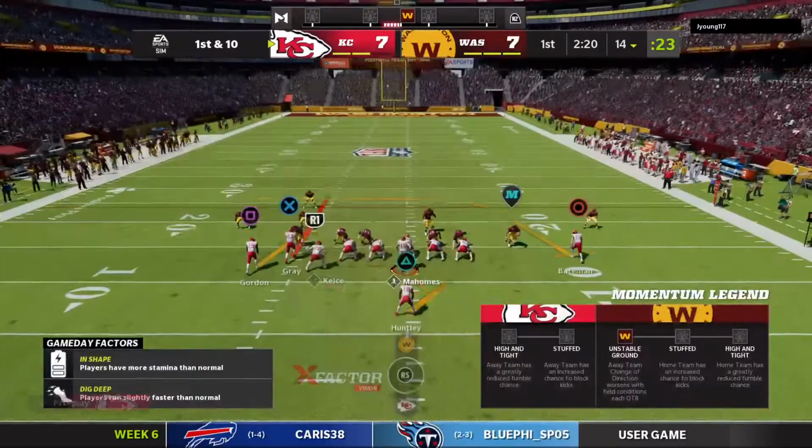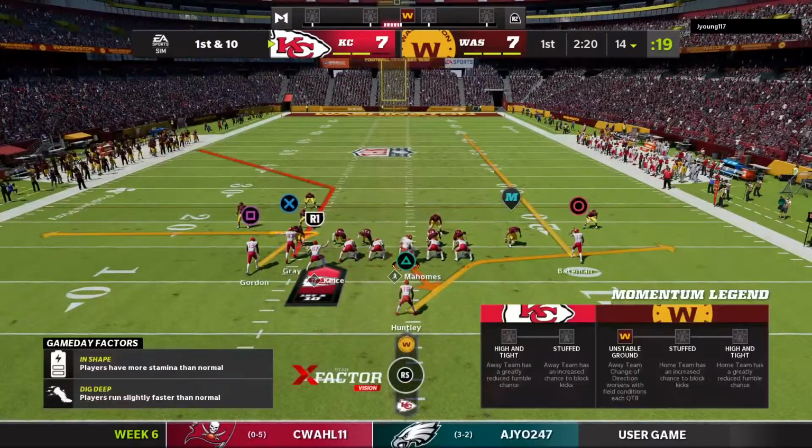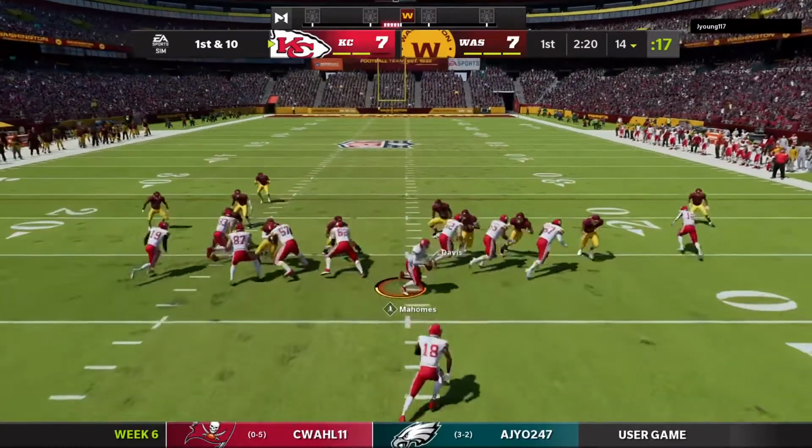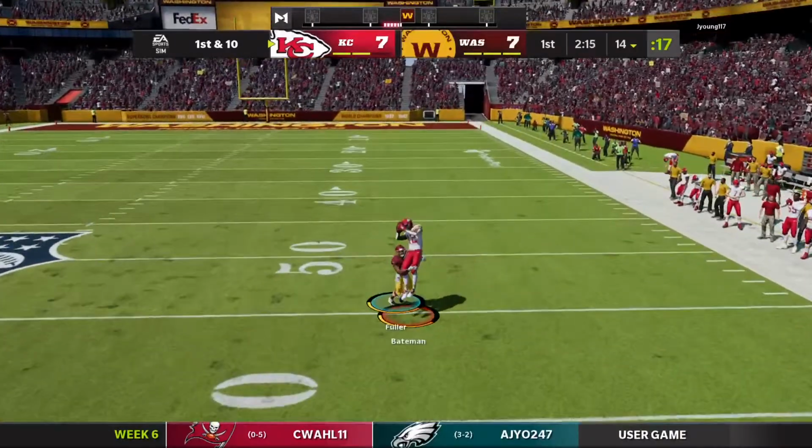The Chiefs offense about set to begin this drive. The crowd may be losing just a little bit of the edge after back-to-back punts. They want some big plays. They want to see some offense. They want to see somebody break away, whether it's through the air or...